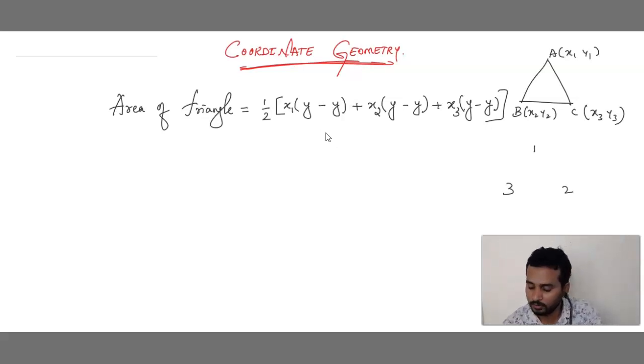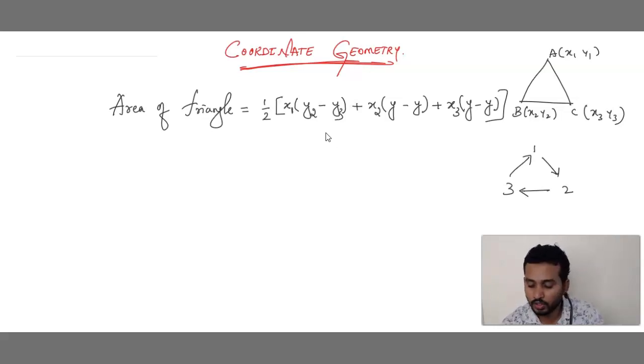Now, you know the system. What is this system? After 1, what will come? 2. After 2, 3. Again after 3, 1. It's a cyclic symmetry. After 1, 2. After 2, 3. After 3, 1. Here also we apply the same logic. x1. Can you see here? Here is 1, right? After 1, who should come? 2. After 2, 3. Is this clear?